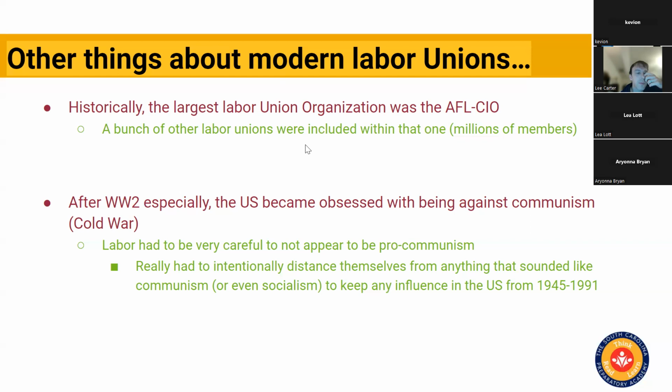All right. Now, another point to consider historically with regards to labor is that organized workers were very easy targets. When they would organize and strike and look out for the workers, the managers and the business owners would complain that they were being controlled by communists, which was usually not true at all. But we were very scared of communist influence.